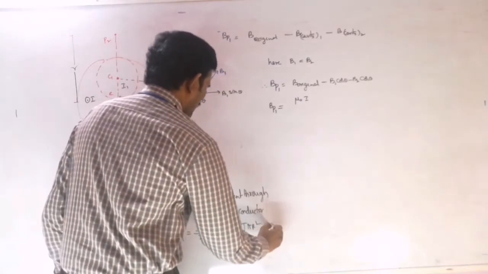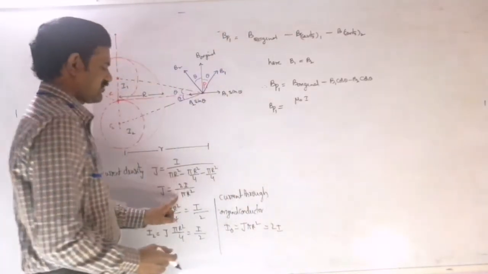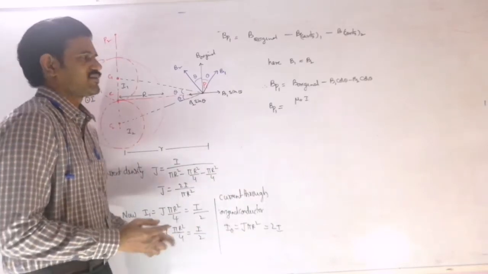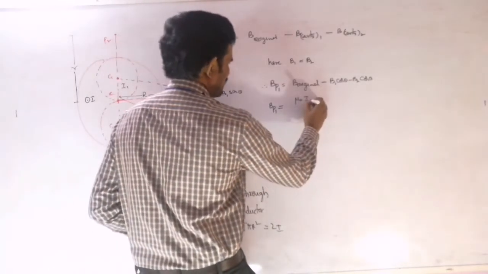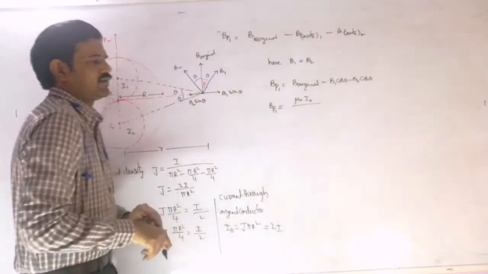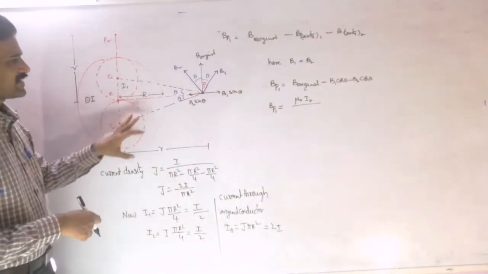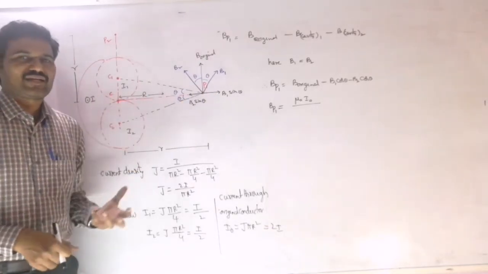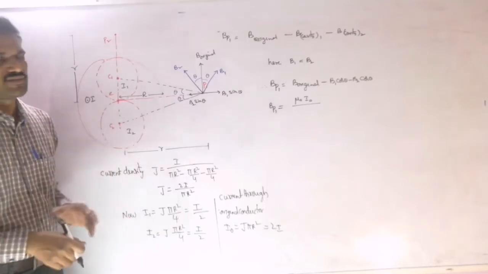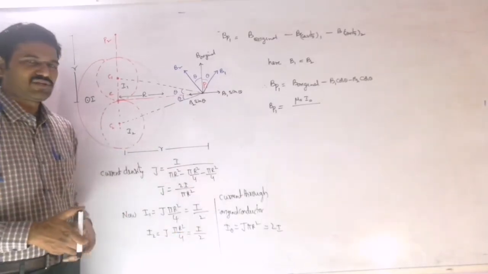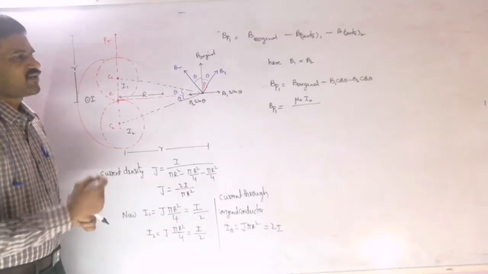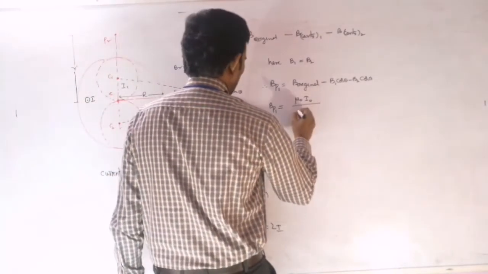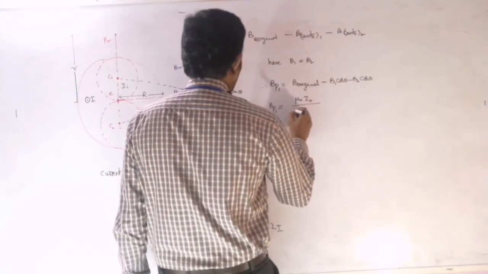Its value you can write as 2i. You can substitute the J value as 2i by pi r square, then pi r square will cancel, so you will get that value as 2i. So let us substitute. First I am writing this as I naught, later you can substitute that. Is it clear? I is the current flowing through the conductor with the cavities. But the first term is the magnetic field due to the original conductor, meaning without any cavities. So without any cavities, the current flowing through it will be I naught. And so the magnetic field due to this original conductor we can write as mu naught I by 2 pi r, that is, 2 pi into small r.